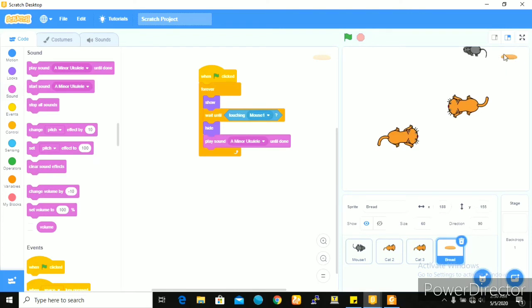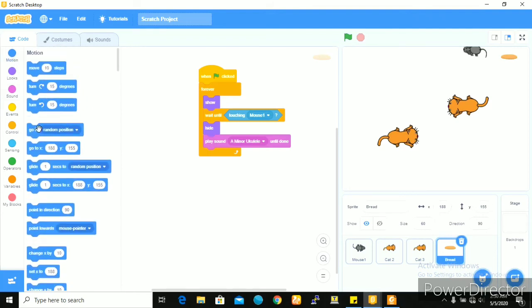What if we write a code for this bread to appear in different positions at random? So if the mouse eats the bread here for the first time, maybe the bread can appear here the second time, so the mouse will have to find its way here to eat the bread, and then it will disappear again and appear here, just any random position. What we'll do is to select the code that says go to random position